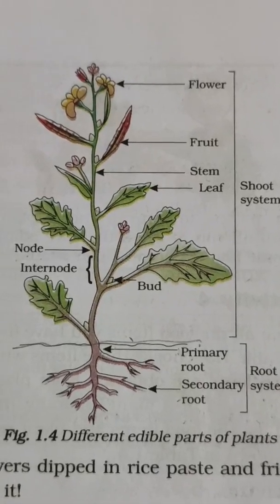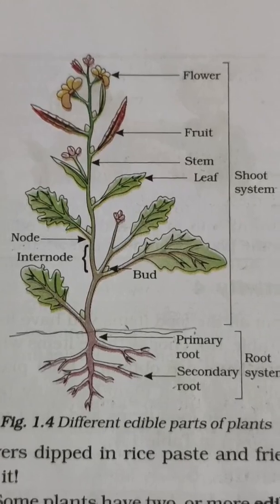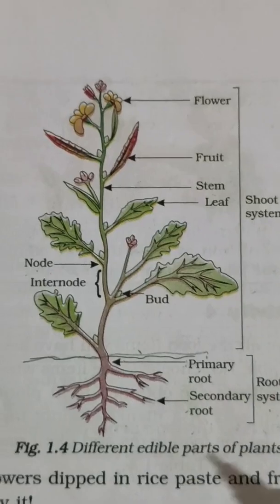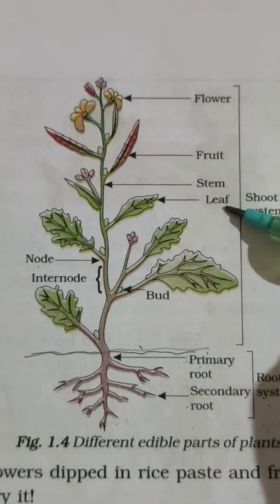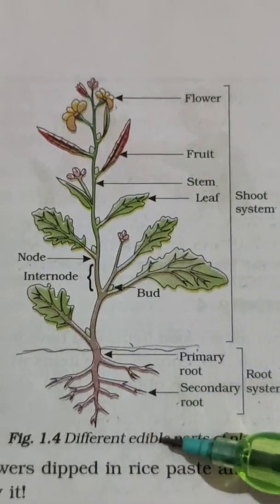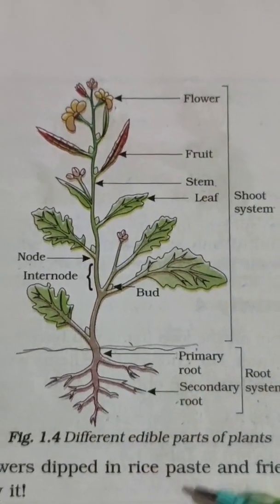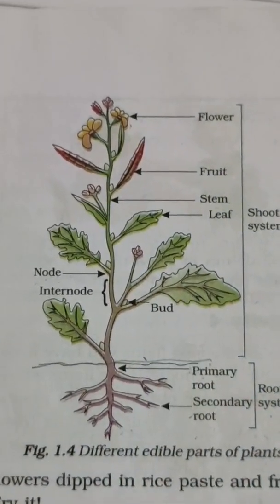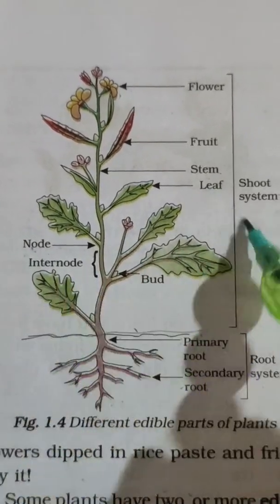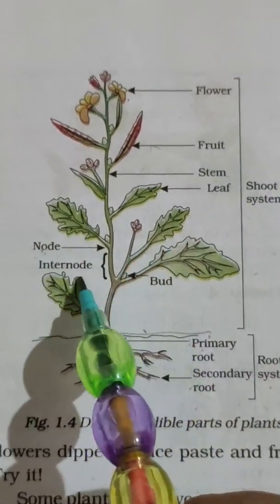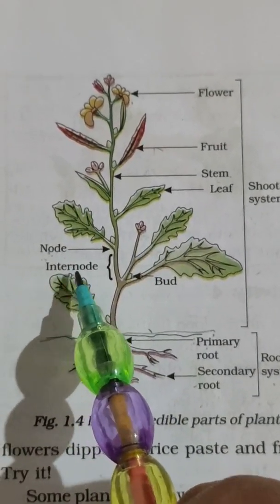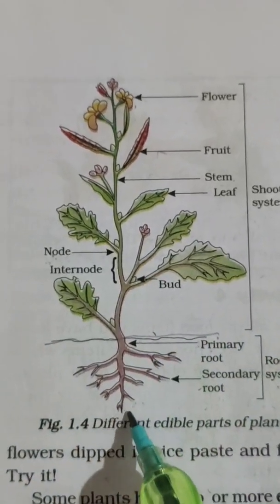As we all have learnt about the parts of the plant, yes or no? Yeah. The plants have various parts such as roots, stem, leaf, fruit, flower. These are the various parts of the plant. Besides these parts, the plant has two more parts, called a node and the internodes. We'll discuss what is internode, what is node, and the location where it is present in a plant. So let us discuss the first one here.